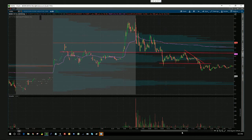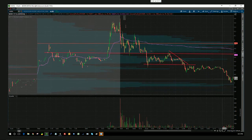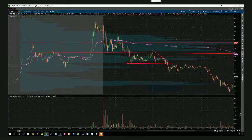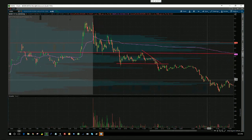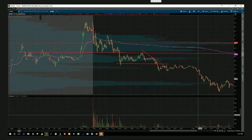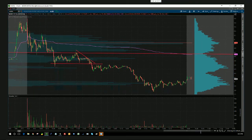And then, boom, we get a nice little pop to the downside, cover up some on this wash, put some out on this little bounce, but doesn't really bounce enough. So we stop covering, and then comes to $4 right here, some cover. I remember when it broke $4, I put some more on, covered for a quick trade, then gets rejected by 4. Just really nice action and respecting the levels. So Mara,